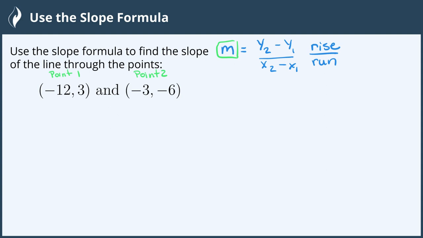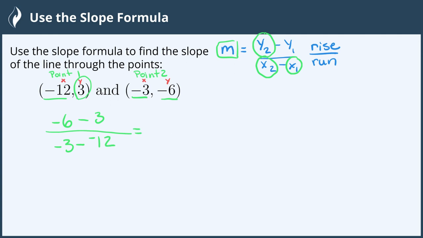So the first way, we will start out with -3, -6 being our point 2. And let's recall that this is the x-coordinate and this is the y-coordinate. This is the x-coordinate and this is the y-coordinate. So for the first one, we need the second y value, which is here. So we have -6, and we will subtract the first y value, which is +3. Then we divide it by the second x value, here, -3, minus the first x value, here, which is -12,